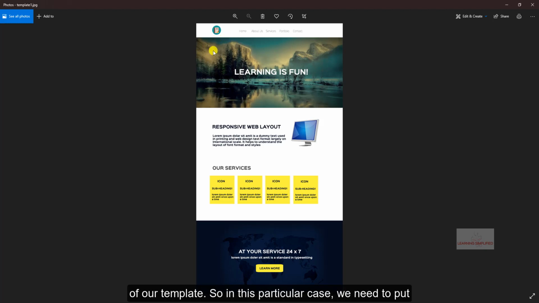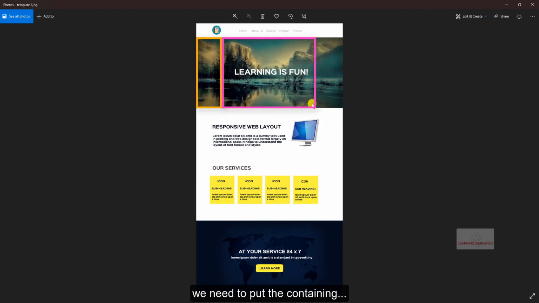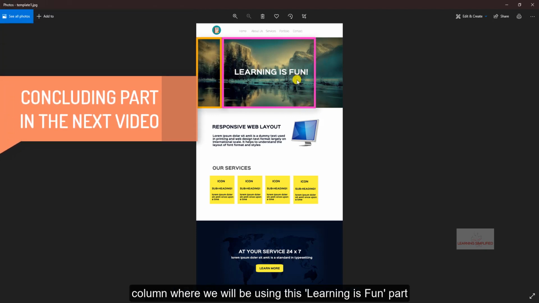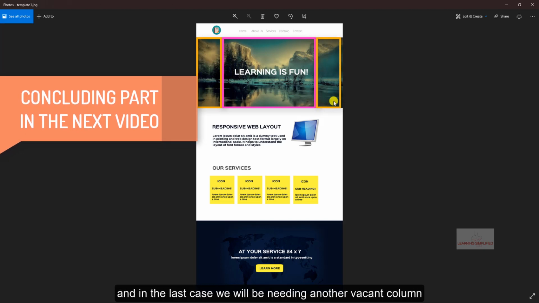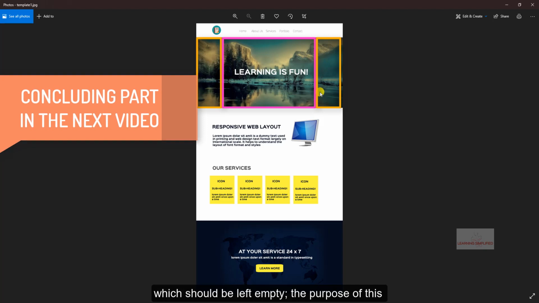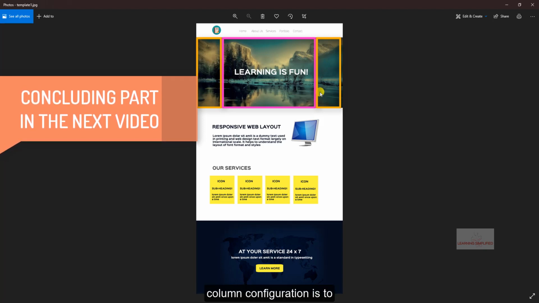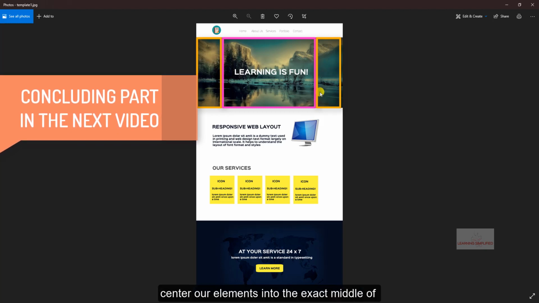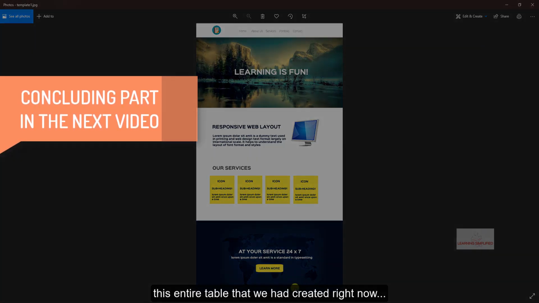So in this particular case, we need to put a vacant column at the extreme left first. Then we need to put the containing column where we will be using this learning is fun part. And in the last case, we will need another vacant column which should be left empty. The purpose of this column configuration is to center our element in the exact middle of this entire table that we had created right now. So that is why